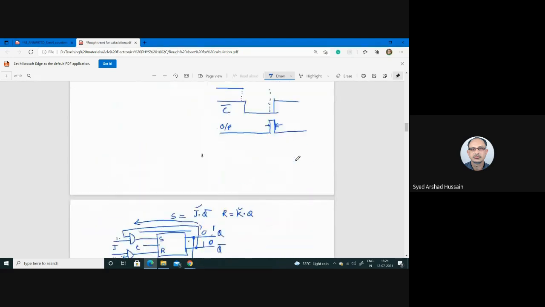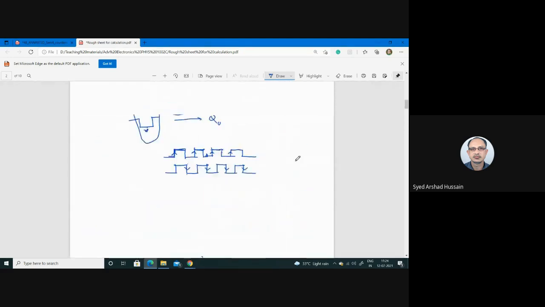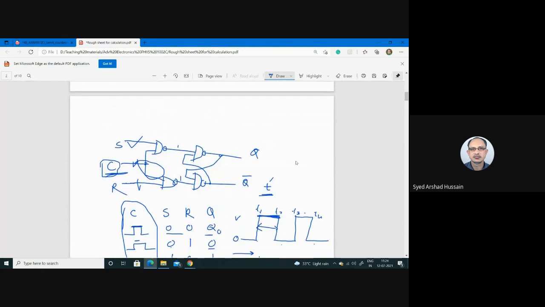Simply, it was done by putting some inputs here. Okay, preset or clear. This is preset, this is clear. So say if this is 0, then irrespective of any other inputs or values, this is always